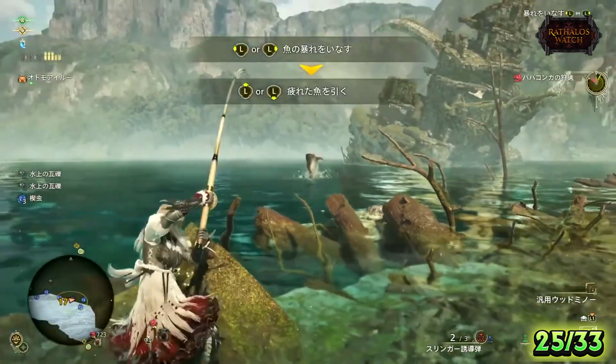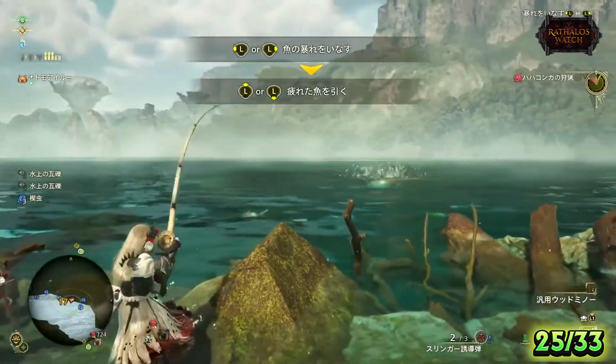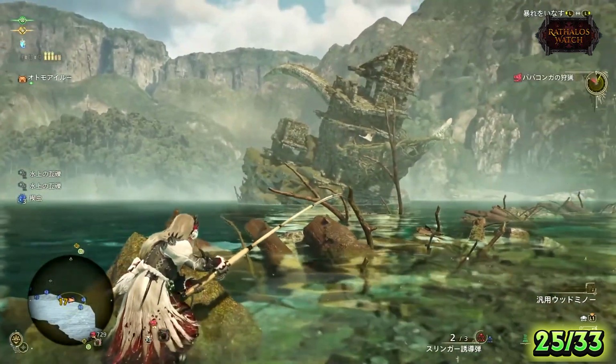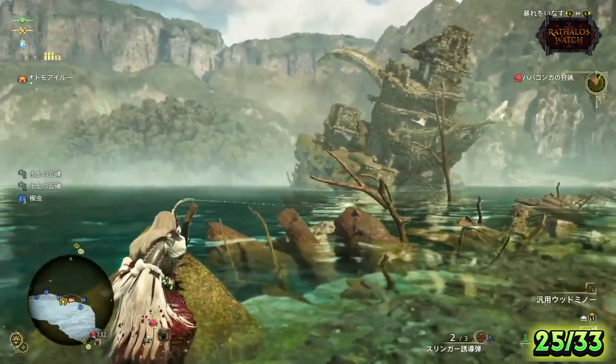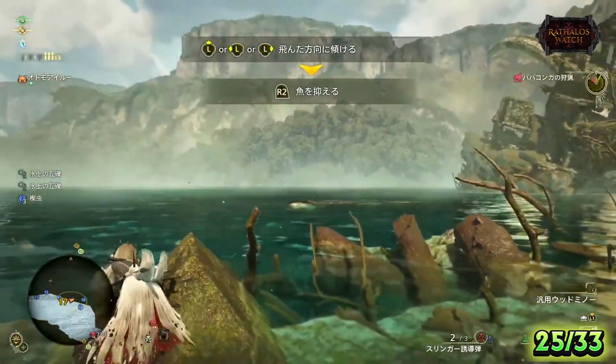Number 25. Looks like fishing is now expanded and has more in-depth minigame when it comes to catching a bigger fish. It seems that you need to move your analog stick either towards where the fish is going or the opposite way, and then when it jumps out, press the R2 button to reel it in. Unfortunately, we won't know 100% how it works till we play the game, but I thought it was worth the